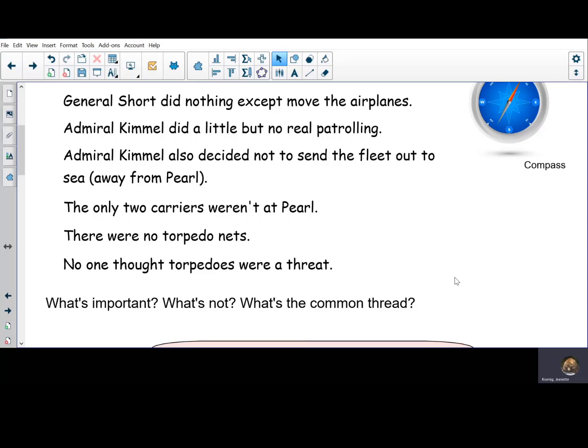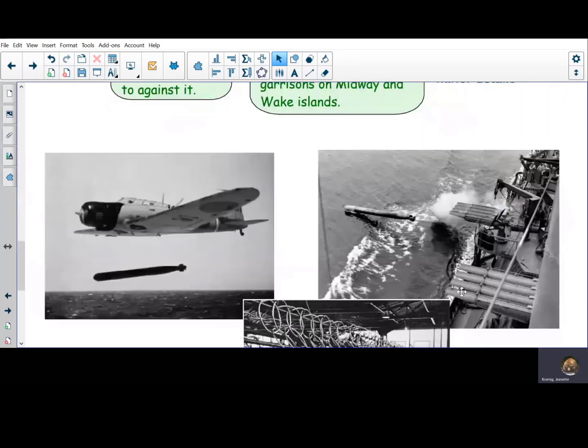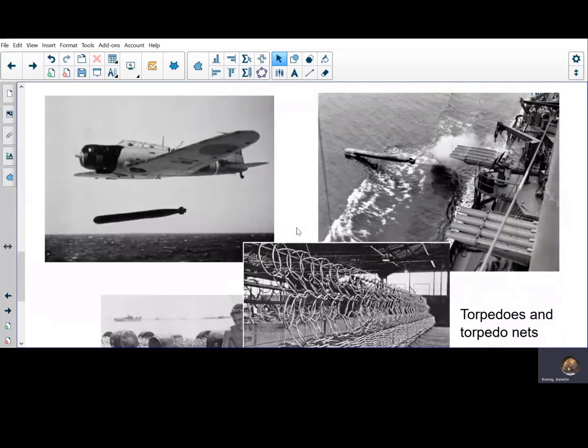Now, in case people are wondering what we're talking about, here are some photos of torpedoes. As you can see, they can be shot off of a boat or dropped from an airplane, and then they land in the water and zoom through the water and get their target. So they're like a missile. The thing is that the torpedoes are supposed to sink fairly deeply before they zoom off after a target, and it was thought that the water in Pearl Harbor was way too shallow for that. The torpedoes would just hit the bottom of the harbor and stay there. Well, the Japanese thought of that, and they developed a torpedo that wouldn't sink very deep, so it could go on and do its job.